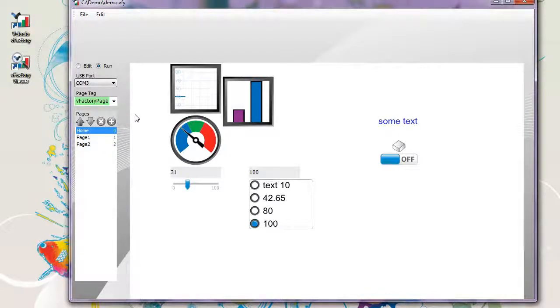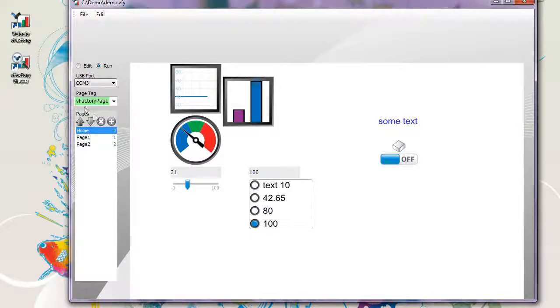These pages are controlled by a tag that I mentioned briefly when we were in VBuilder. It's this vFactory page tag that was automatically created when you create a new project. You don't have to use that, but you're allowed to use any I32, or rather any integer at all, actually. But I rarely change it from its default. Typically, I just use the vFactory page. When you're pressing these buttons, you're actually changing the value of vFactory page to whatever this number is to the right here. So by clicking here, it's putting a 1 into it,